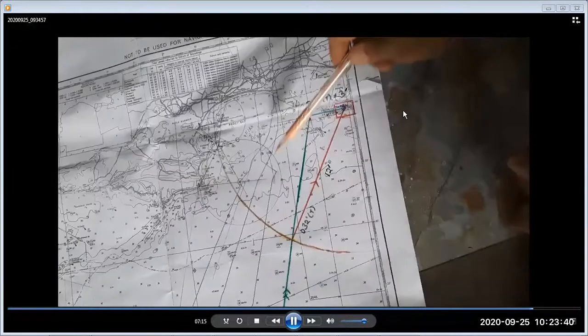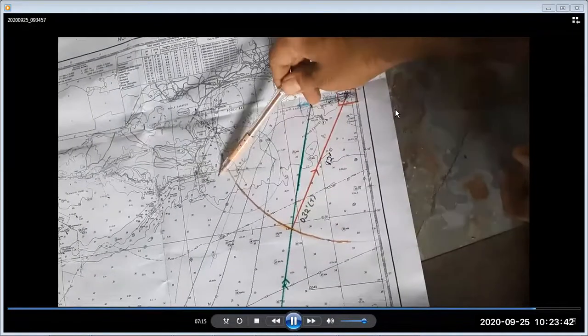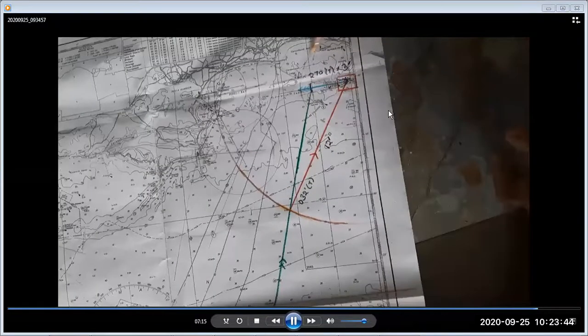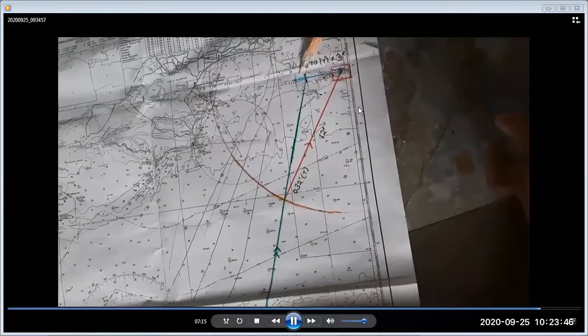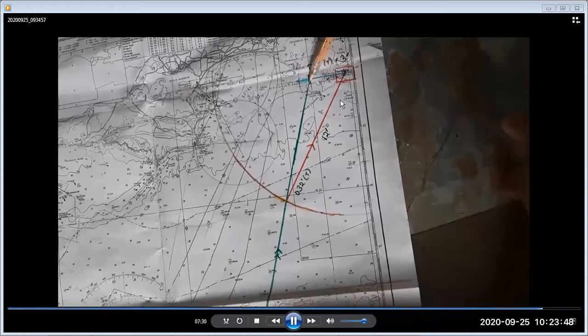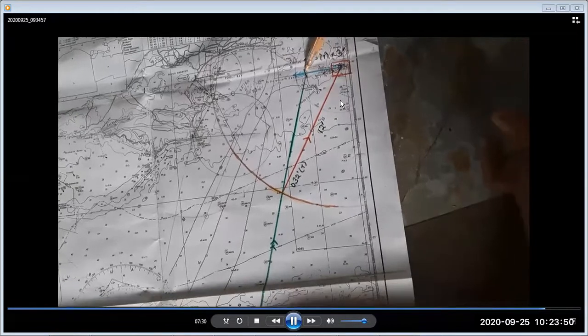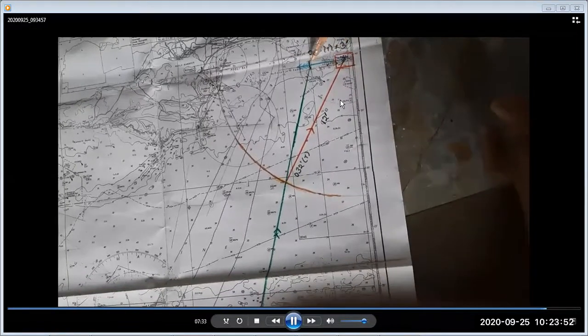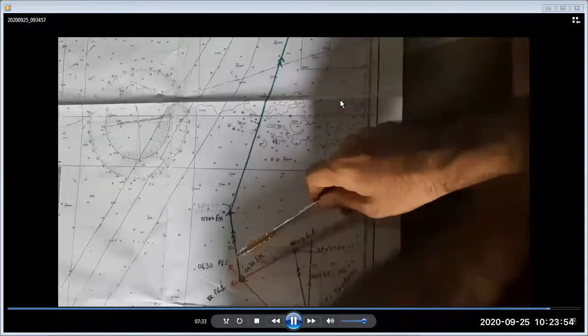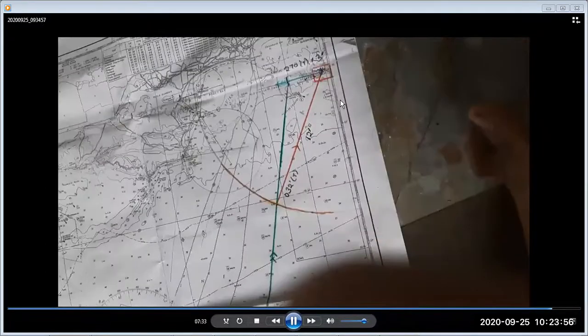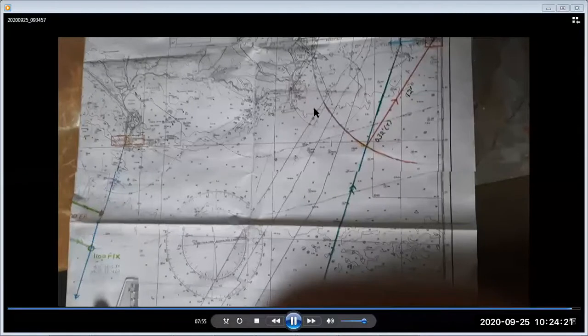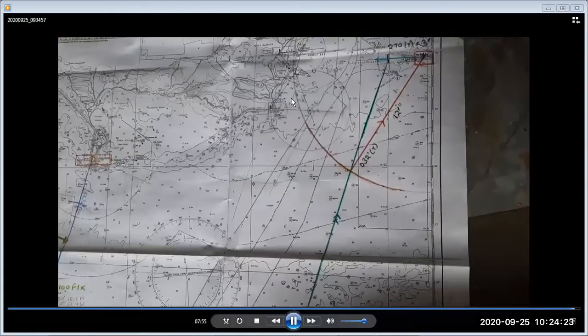First we go to Needles light and we plot a 12 mile circle, and we draw the current, and we get whatever point this is after the current. We draw the current from the lighthouse, and we join this point from the 0700 fix. And how we can improve these videos, please do write in the comments.